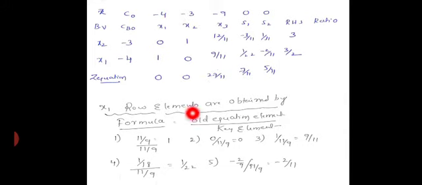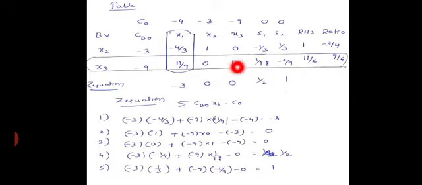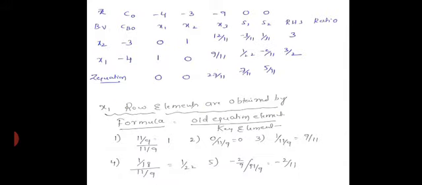Understood? The x1 row will be calculated as your old element with respect to the key column. My old values are now, for here the key element will be 11 by 9, and my old value is 11 by 9. First 11 by 9 divided by 11 by 9, if you do it you are going to get 1. Similarly 0 by 11 by 9 is 0, and 1 by 11 by 9 gives 1 by 11, and 1 by 18 divided by 11 by 9, if you get 1 by 22, minus 2 by 9 divided by 11 by 9, if you get minus 2 by 11. For x1, you got it.